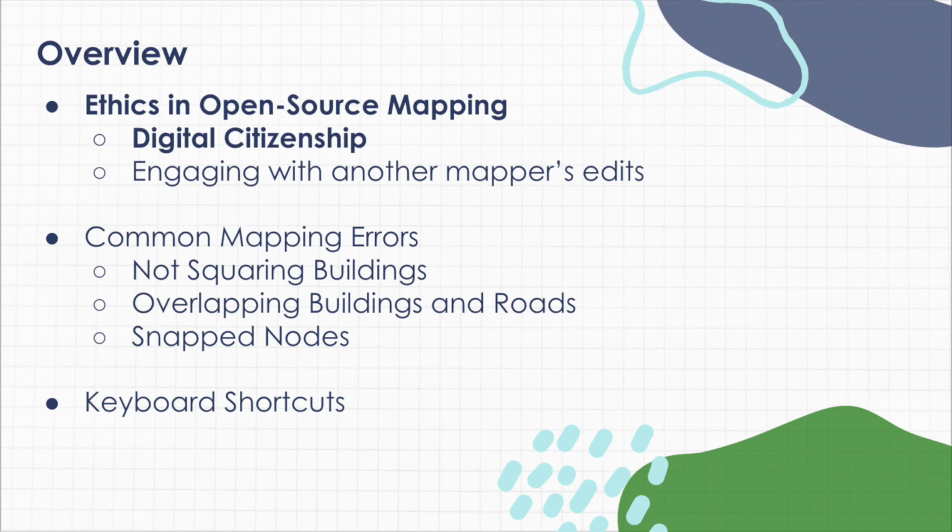We are trying to create the best map of the world, and there are some guidelines that we need to follow. First, it is vitally important that we do not copy over geospatial information from other sources like Google Maps. OSM is an open source platform, meaning anyone anywhere can edit or use the data, but other platforms like Google are privately held enterprises and have copyright laws that prohibit anyone from using their data to create a new map. By implementing the best practices we lay out in the rest of this video, you will be on your way to creating a great and strong digital footprint.